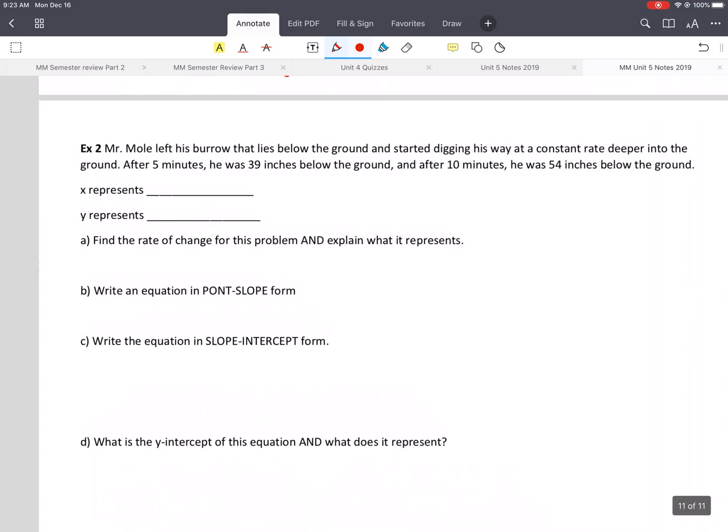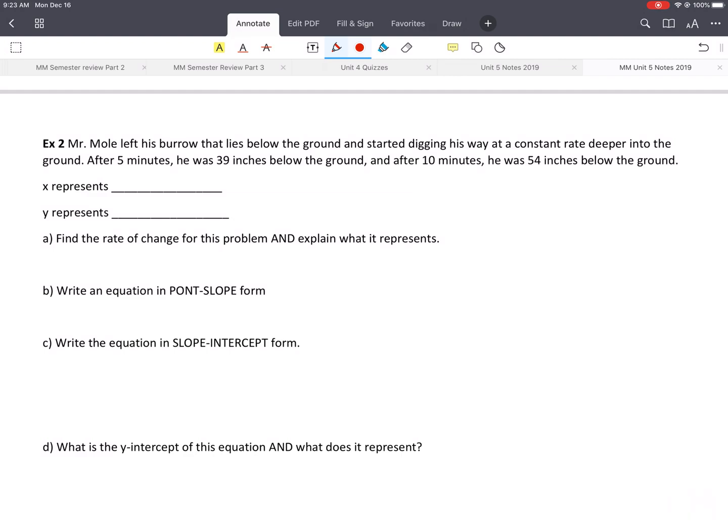Okay, so Mr. Mole left his burrow that lies below the ground. So if we come up with some sort of graph, he started in his burrow. Let's say this is his burrow. We don't know what value that is, but we will figure it out. Okay, so it says he lies below the ground and started digging at a constant rate